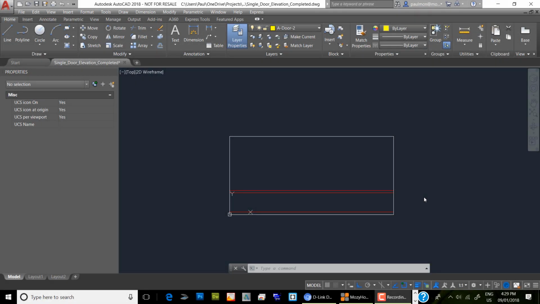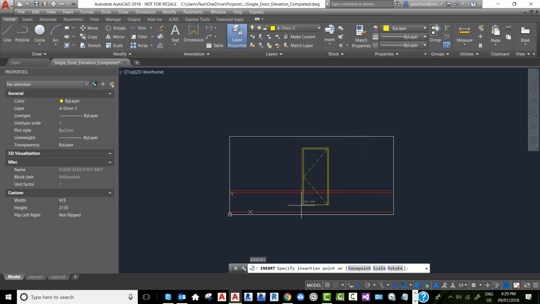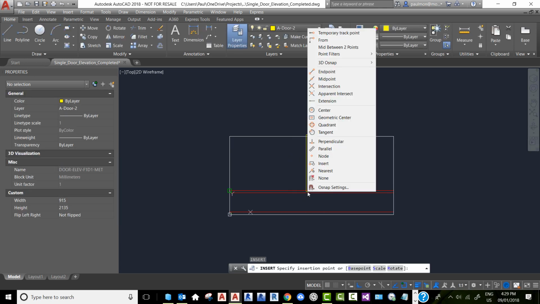Now in this lesson, we're going to look at the creation of a dynamic block for interior elevation of a door. I'm just going to show you how this thing works when it's finished. So I'm just going to go to Insert, type I on my keyboard, and this is the block that we're going to go through on how to create. So I'm just going to select OK. I place the door at the nearest point